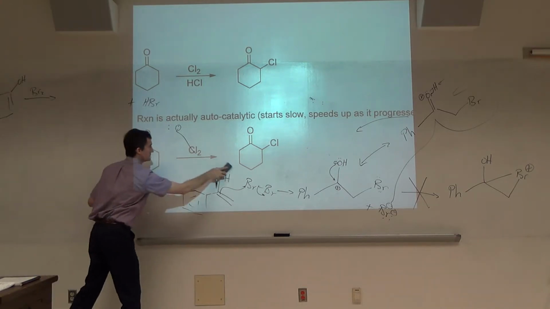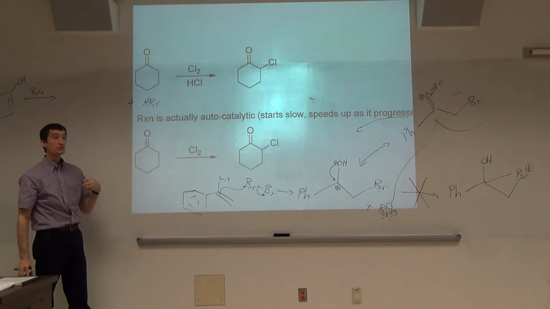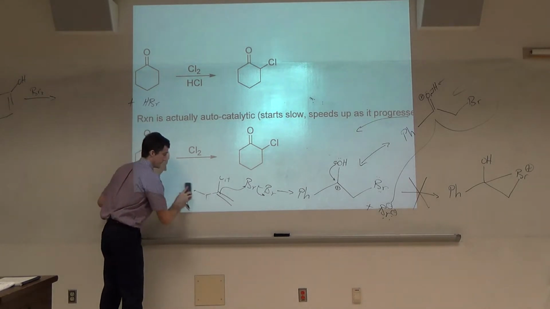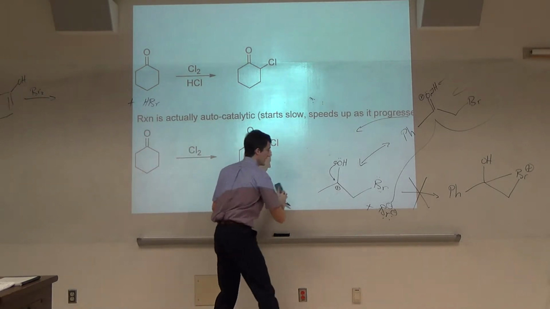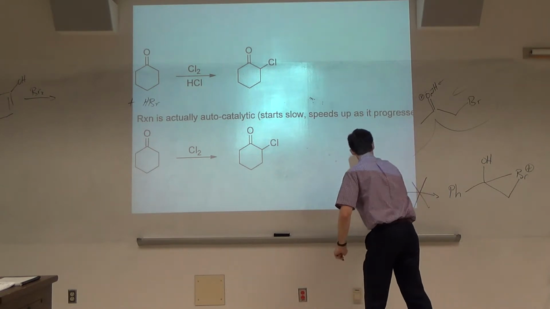This reaction, if you just add chlorine to this, you'll get that over there. It'll start slow at first. It'll be very slow at first. You may even think, well, how does it even react at first? Well, let's not get into this. But